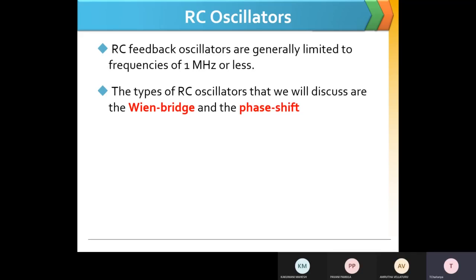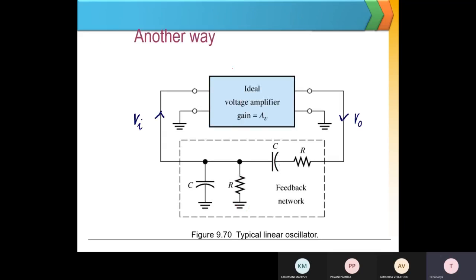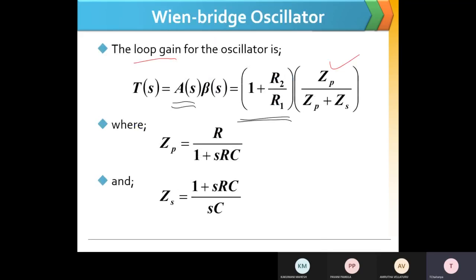amplifier. So for RC oscillators, we have the Wien bridge oscillator and the phase shift oscillator. In the Wien bridge oscillator, we have a combination of R and C. So this is tank 1, this is tank 2, which we have already seen in our last class. So here also Z1 and Z2. This is the analysis part of the Wien bridge oscillator, Z1 plus Z2.